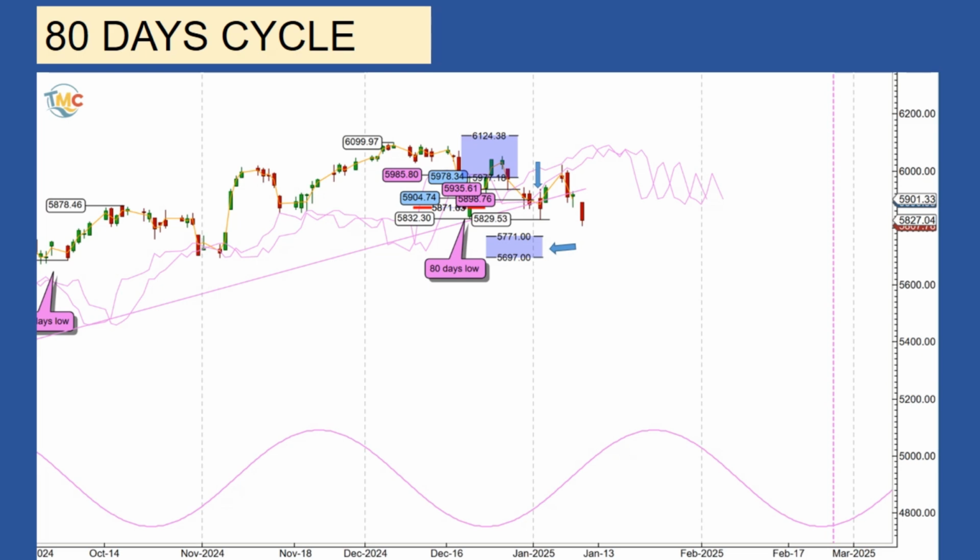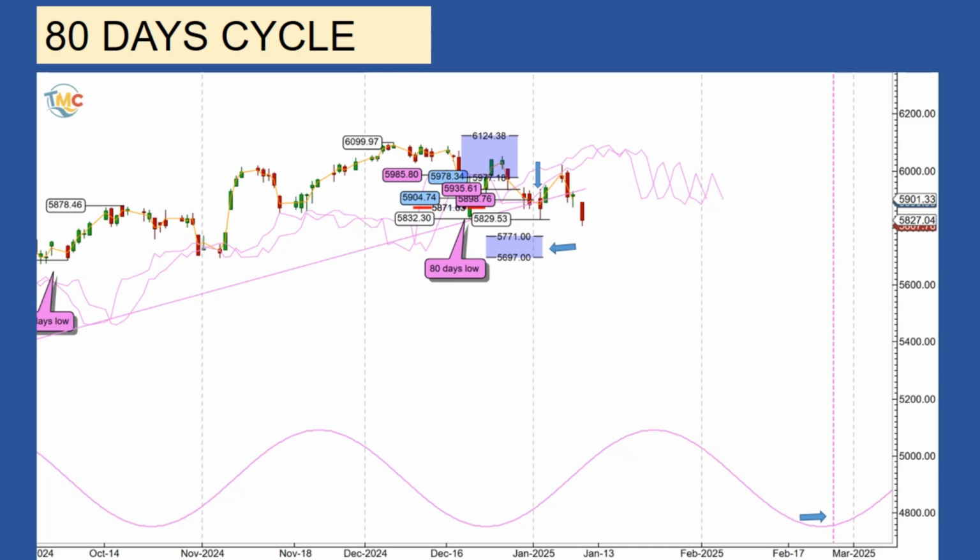This is another sign the December 6th high could be a major top. After forming its low on January 2nd, the S&P 500 was supposed to cross above its cycle line. Since it didn't happen, this could be a bearish sign, if December 20th is the last 80 days low. But we need confirmation to officially label the December 20th low as the last 80 days low. The next 80 days cycle low is expected on February 23rd.